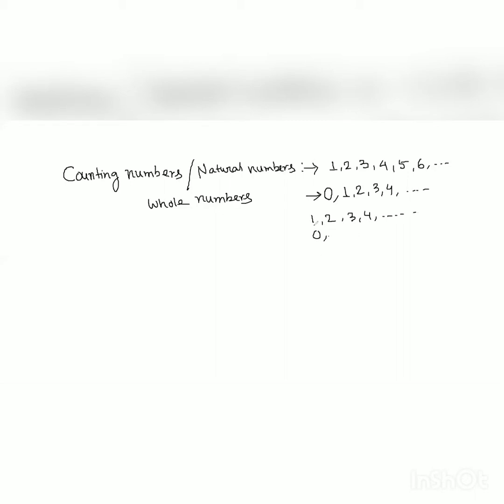the negatives of all those numbers -1, -2, -3, -4, and so on, all these numbers are known as integers. So we know natural numbers, whole numbers, and integers, and